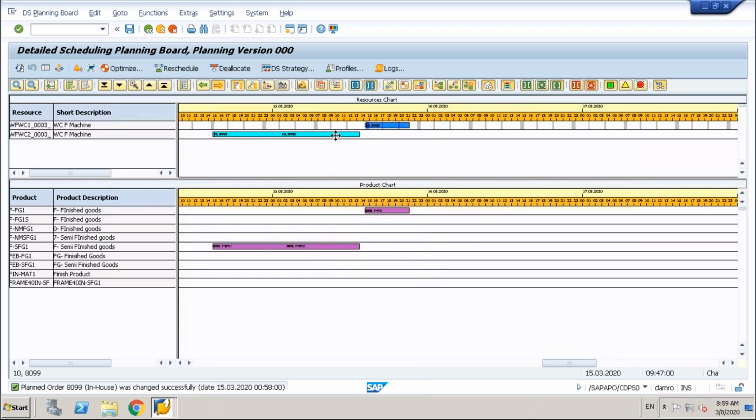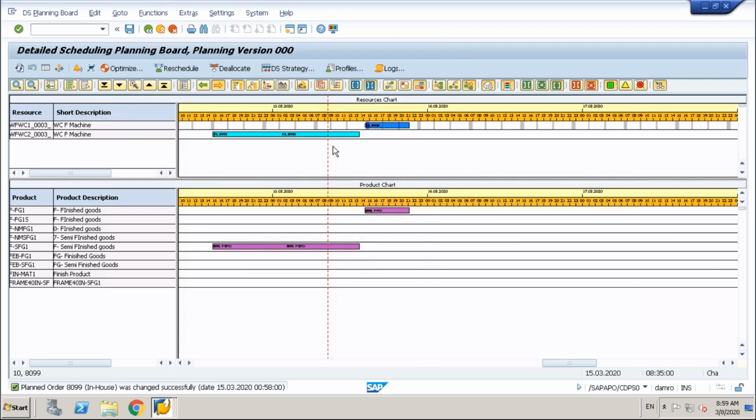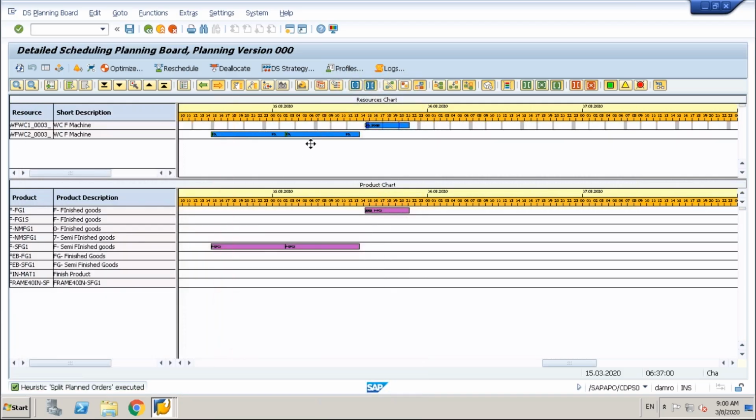And then select this again, functions, heuristics, split planned order. Okay, so 3000, I'll say 1500. See, you saw two orders here. The order got split by,